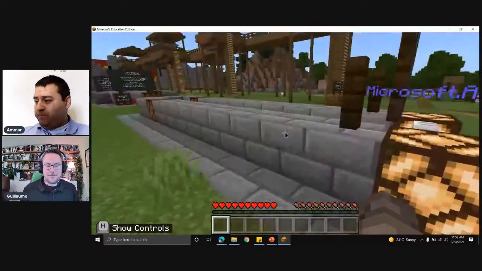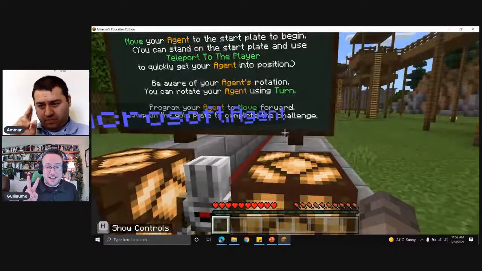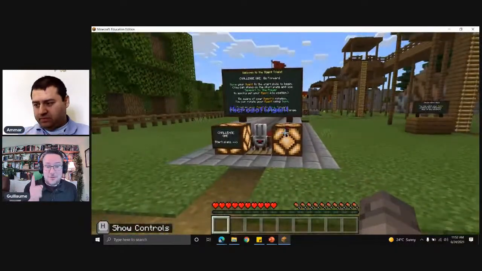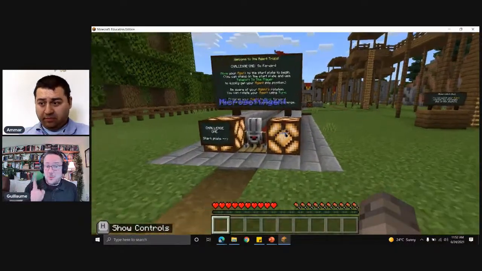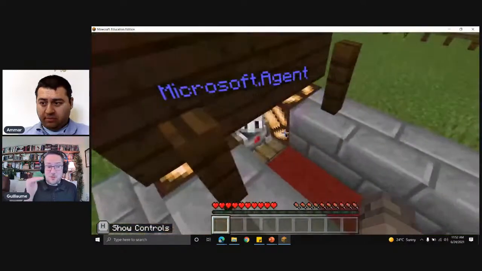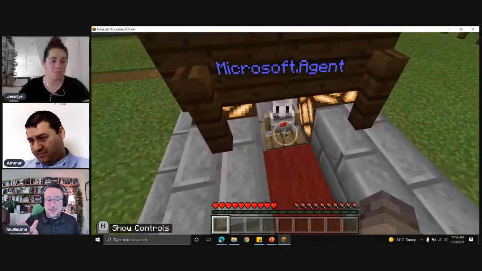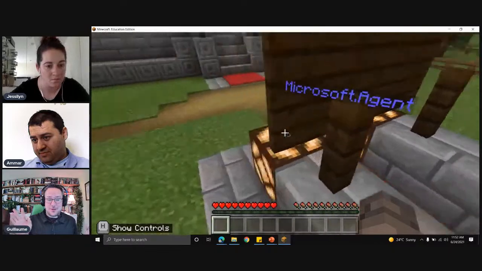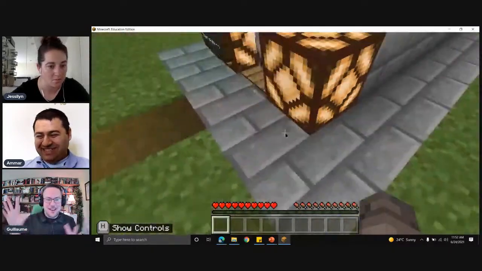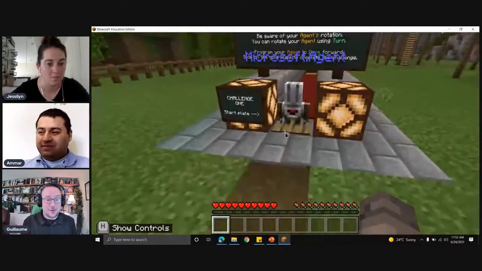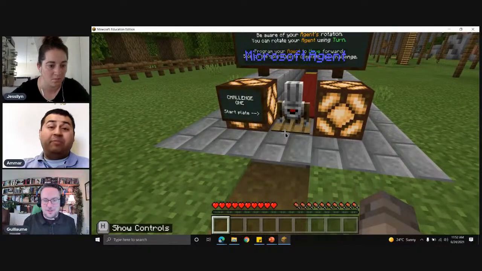Two things I would like to add. First of all, if you look at the agent, I can see that the agent is on a pressure plate with redstone lamps. So there must be redstone somewhere in that maze to make things work. This is what we've been doing in the previous lesson.